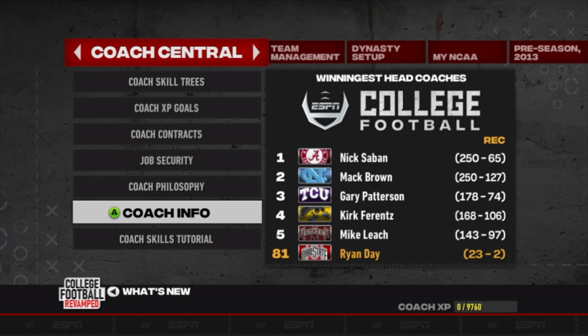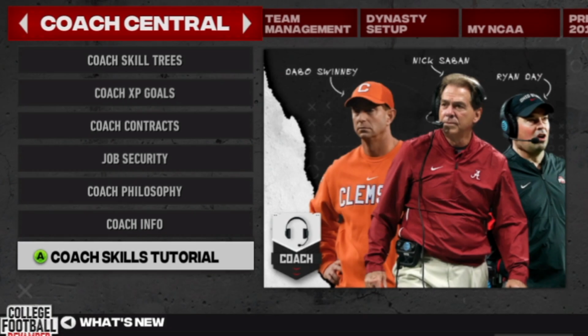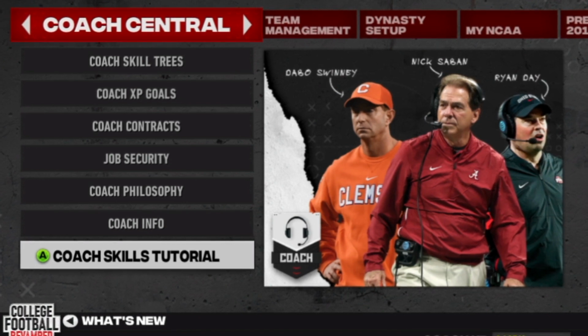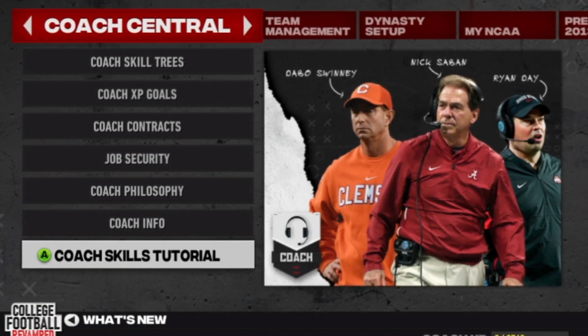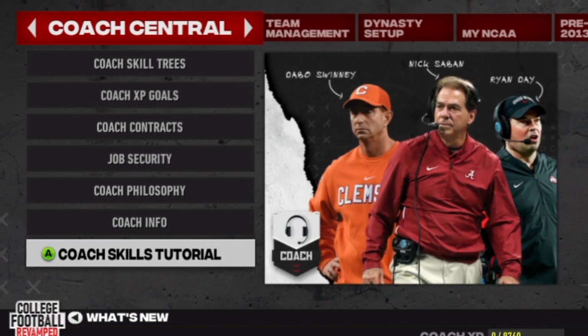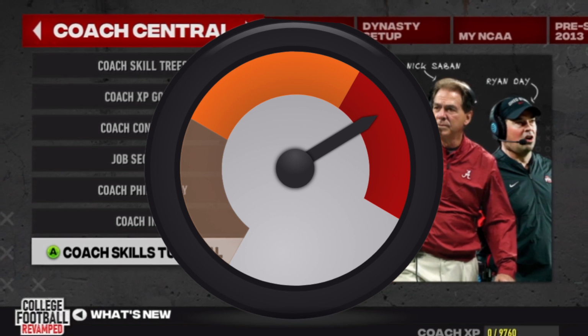So imagine if we inherited the coaching carousel already in NCAA College Football 14, but with a twist. As the AD, you will need to find out which coaches you are interested in and which coaches are interested in you. And yes, the AI will have a brain. They will have their own interest. This could all be monitored through some sort of interest meter. This meter would indicate if the coach has any interest in your program or not.